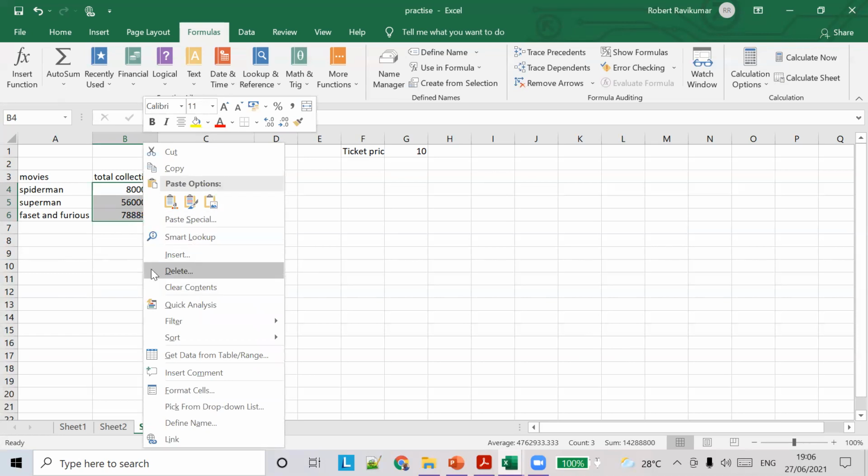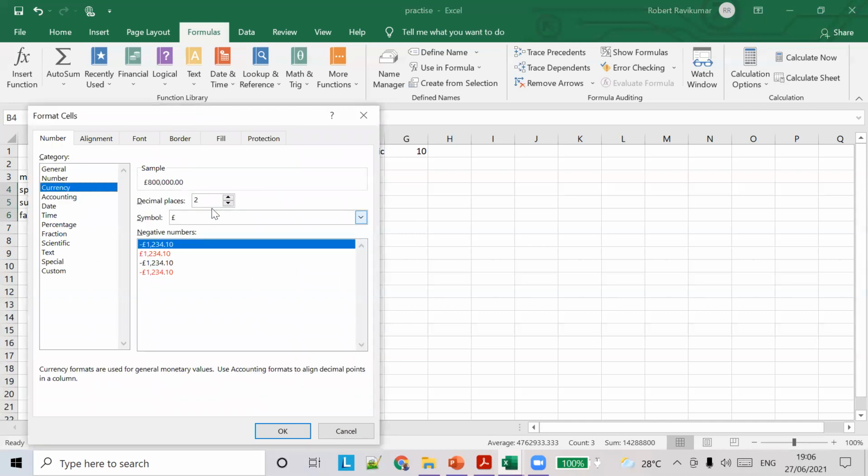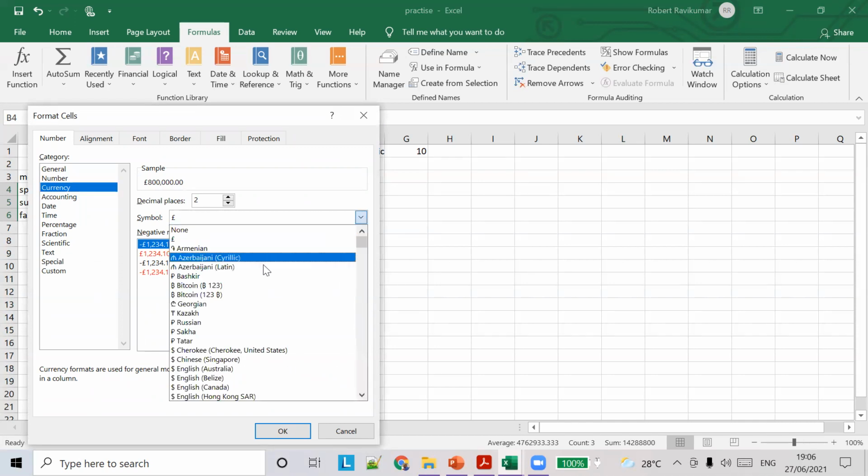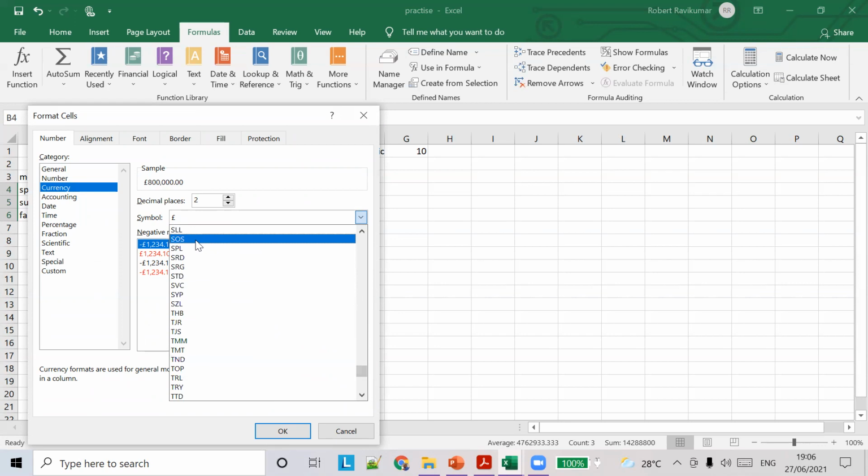Go to format cells, go to currency, and select SGD. So yes, SGD is here.